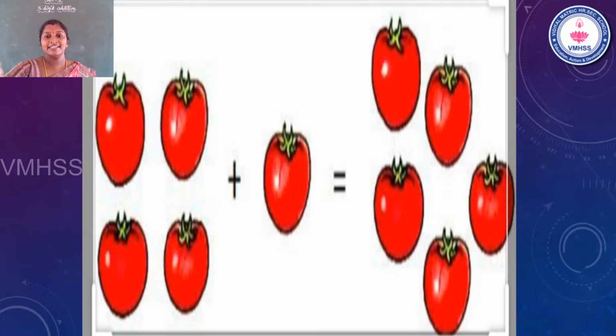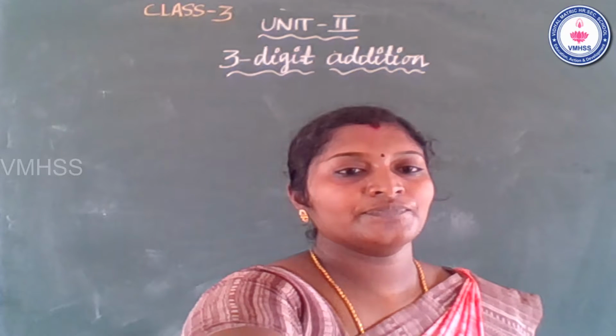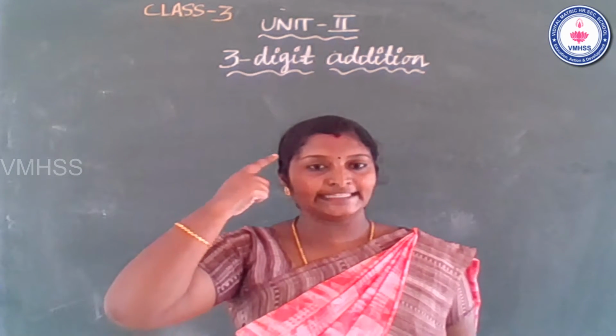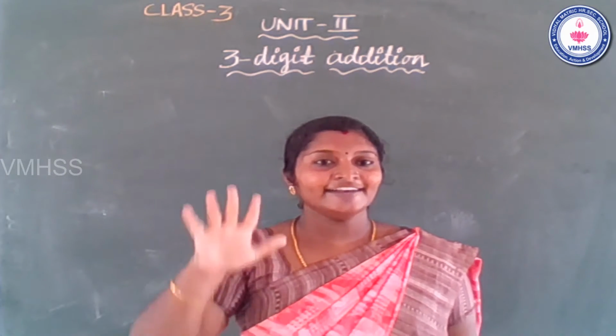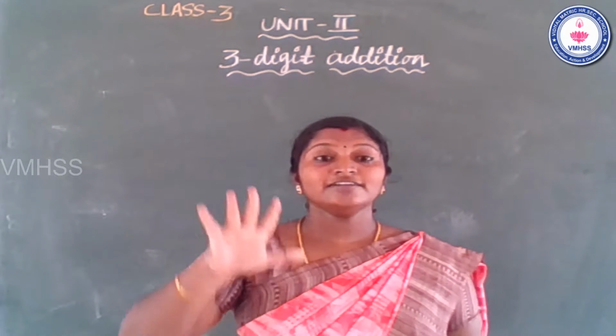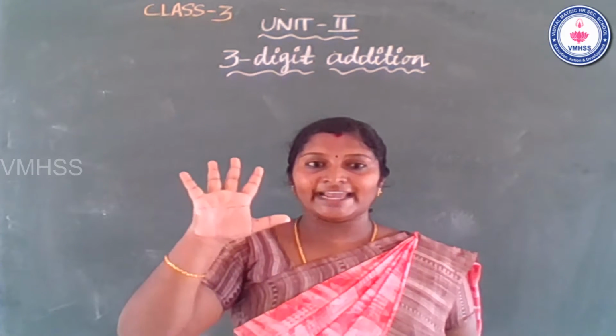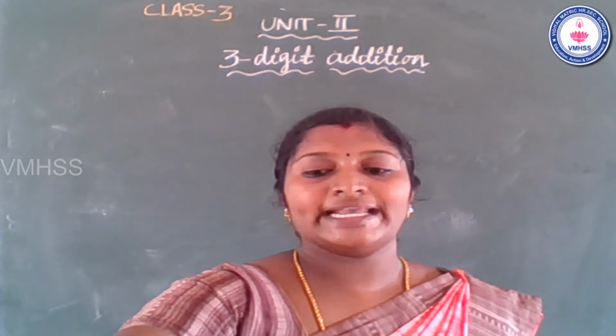Okay students. So next one, what is this? These are tomatoes. So first one, how many tomatoes are there? Tomatoes, 4. 1, 2, 3, 4. So plus 1 tomato. So adding 1. Students, please listen carefully. So 4 in the mind, 1 in the finger, 4 plus 1 is 5. So we get the answer 5. How many tomatoes? 5. Very good. So move to the next slide.